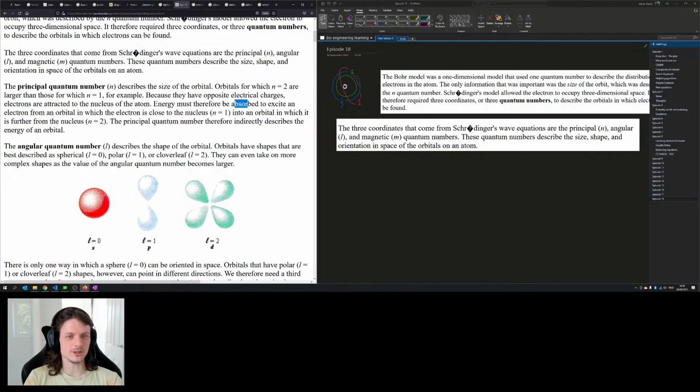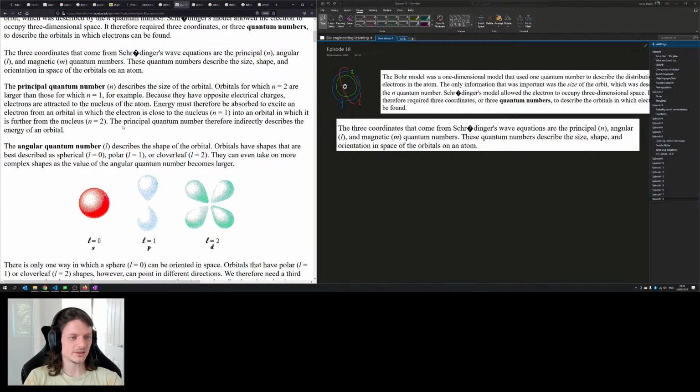Energy must therefore be absorbed to excite an electron from an orbital in which the electron is close to the nucleus, n equals 1, into an orbital in which it is further from the nucleus, n equals 2. The principal quantum number therefore indirectly describes the energy of an orbital.